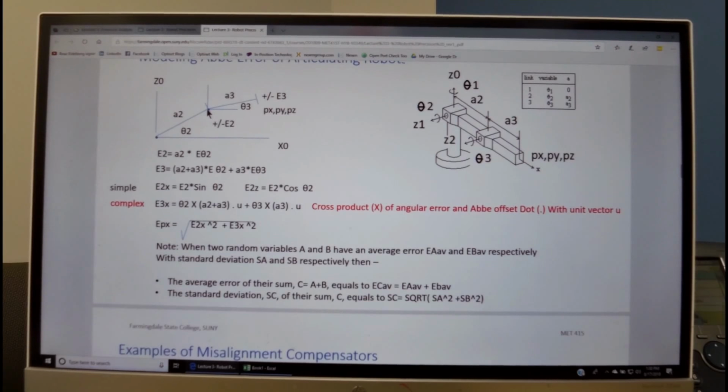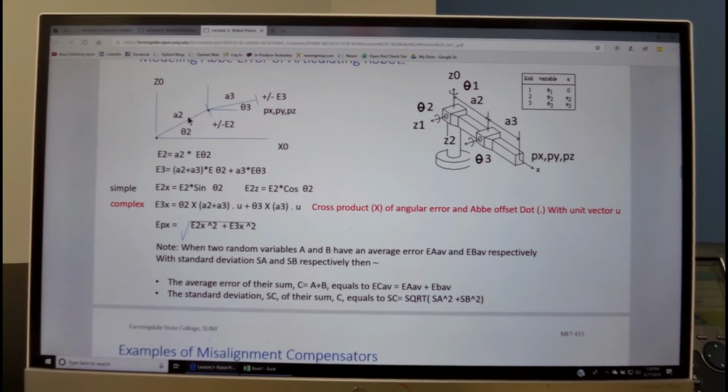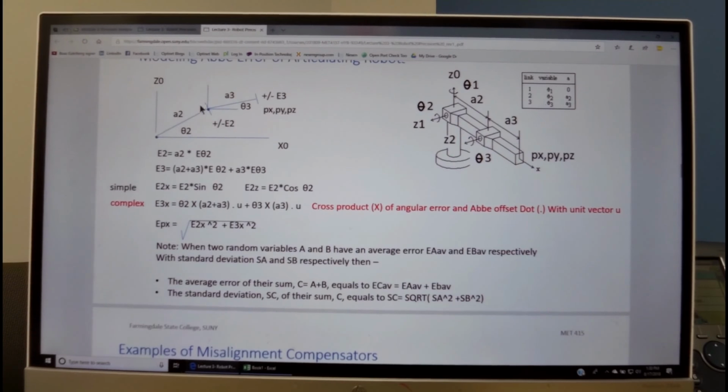So the error at point 2, E2, is equal to A2 times the angular error of theta 2, and it will be perpendicular to the line of the link itself. So it's like theta in a z direction or in a y direction, if this is z, cross with this